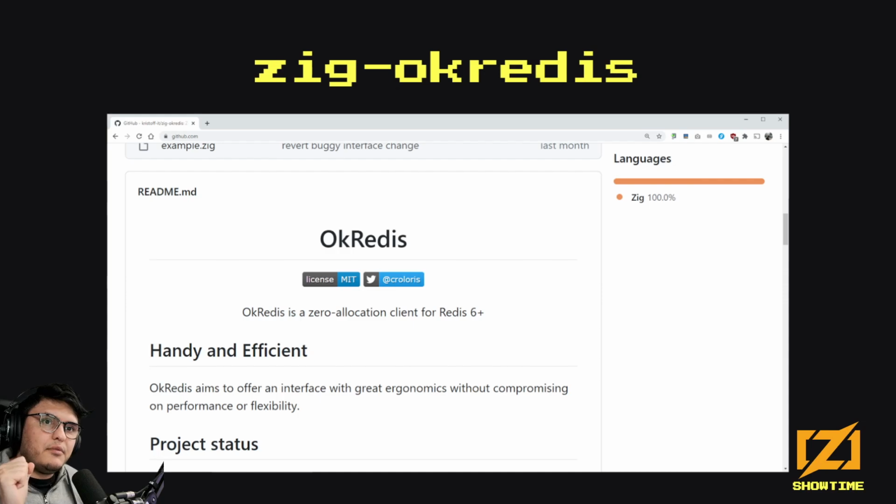I did this with OK Redis. I wrote OK Redis before getting to where I am now. When I started writing OK Redis, it was way before I would say I knew anything about epoll or kevent or IO ring. Not that now I know that much actually, but now I know a little bit more. At the time, I didn't know anything. Like if you ask me what is the kernel API on macOS that gives you notifications for events, I would say I have no idea.